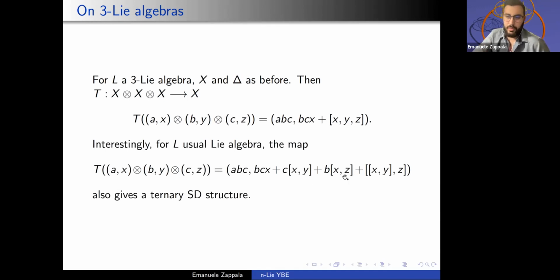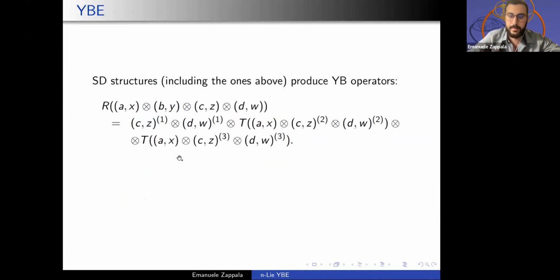Interestingly, you can also have this operation. You can show that this is self-distributive as well, ternary self-distributive. And this operation comes from concatenating two binary operations, which gives you a ternary operation. In fact, this procedure we showed with Mohammed Elhamdadi and Masahiko Saito: in any symmetric monoidal category, if you have an n-ary object and you concatenate it with an m-ary object, you get an n plus m minus 1-ary self-distributive object. So this is another way to construct ternary. Whenever you have a self-distributive object, you can always go to higher arities by concatenating as much as you wish.